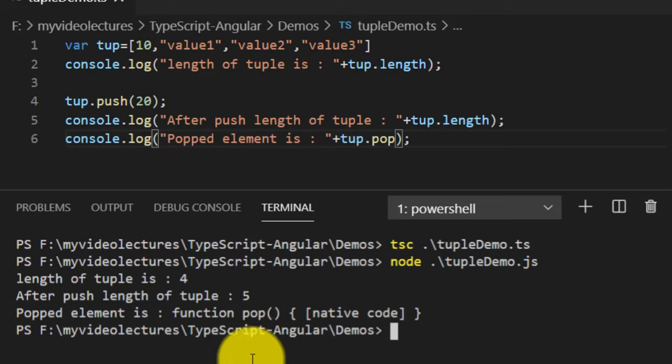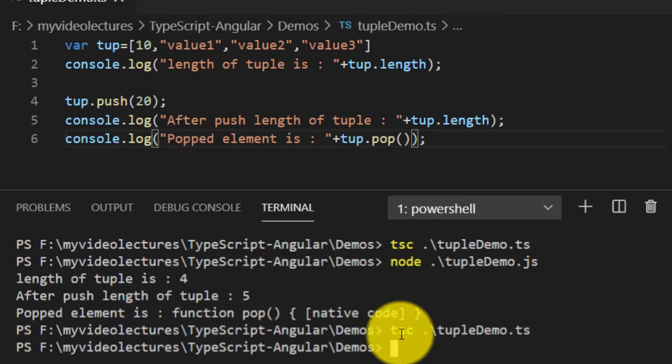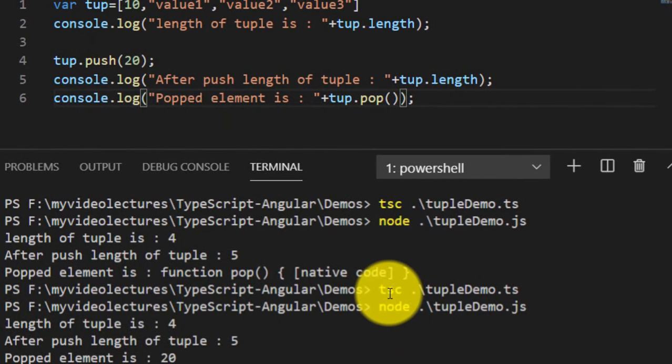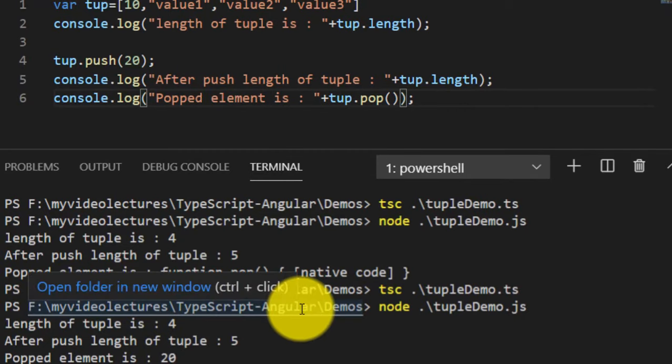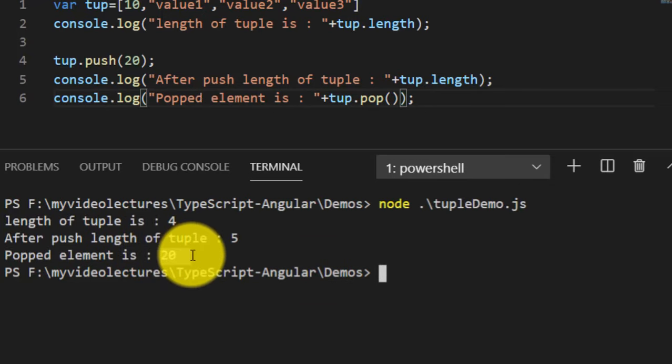Sorry, here it should be a function. Save the code, compile it. Now check it, popped element is 20, correct? So these are push and pop operations on the tuple.